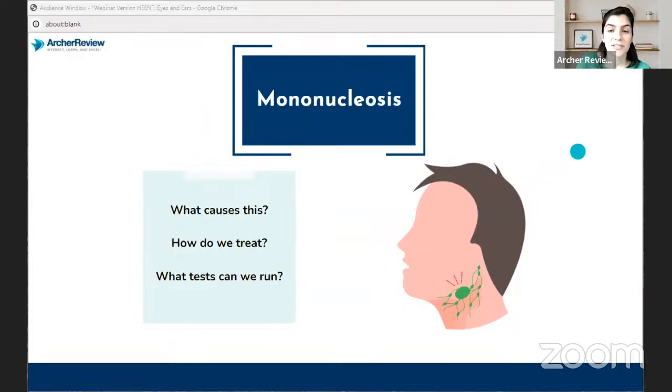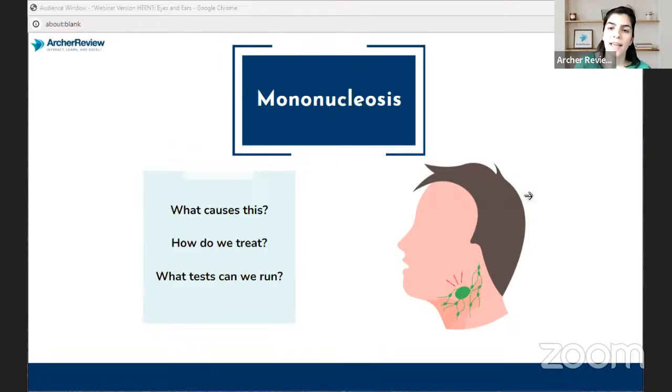That's right. So some potential complications could be splenic rupture or airway obstruction. So we definitely want to make sure we do our GI exam and then counsel that patient to make sure they're avoiding contact sports for at least 4 to 6 weeks. Usually they'll recover from the mono in 2 to 4 weeks. So making sure they understand that they need to be avoiding those contact sports for at least 4 to 6